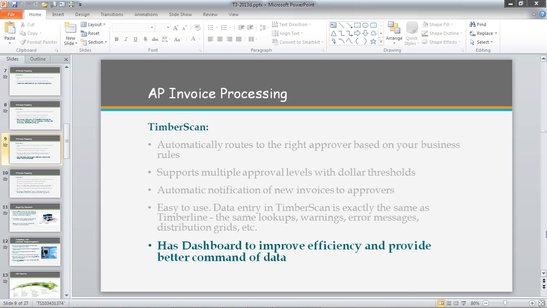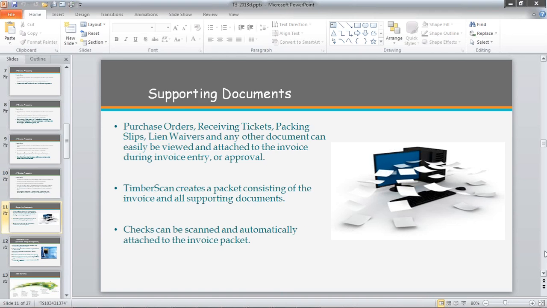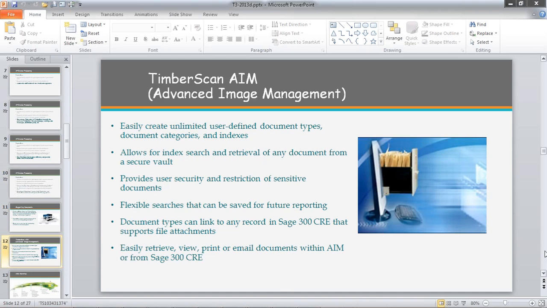We also have a dashboard to improve efficiency, and we have exceptional reporting that not only shows the invoices in Timberline, but also all the documents, the invoices that are still in the approval process. We handle all the supporting documents, as I mentioned earlier, receiving tickets, packing slips, lien waivers, and the module that expands TimberScan to be a full paperless system is our advanced image module, which allows you to create user-defined document types, document categories, and indexes. The indexes are linked to Timberline, so it's easy to code, and